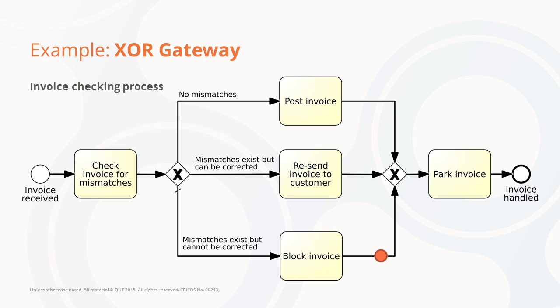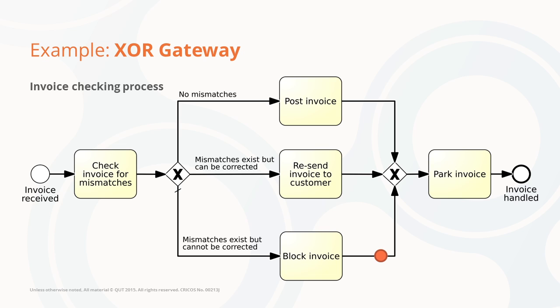In particular, one of these three branches has been marked with an oblique cut. That branch is called the default branch. And it is the branch that is taken if all other conditions, so the condition in all other branches, evaluate to false. So once we get to the XOR join, we proceed with the parking of the invoice as soon